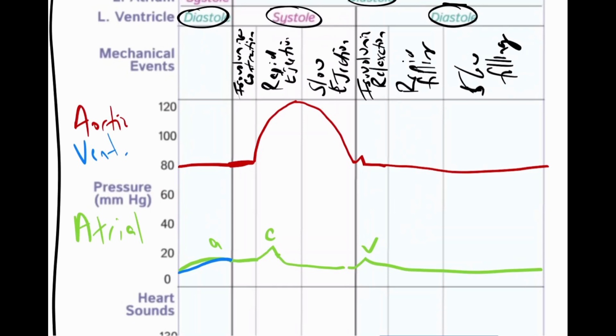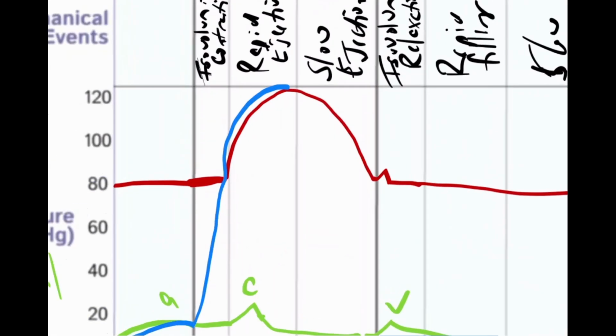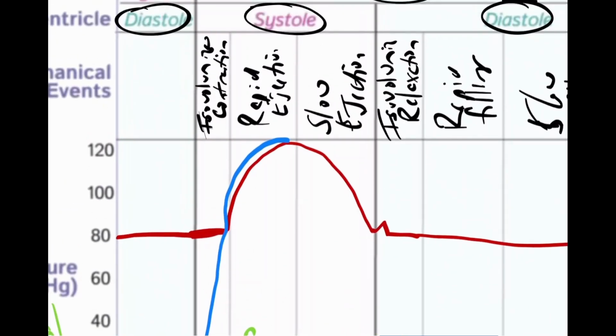Now, what happens to ventricular pressure? We're increasing. This is isovolumic contraction. So the heart is generating pressure until it crosses that line. Does everyone see the crossing occurs when we switch from isovolumic contraction and now we go to rapid ejection, where the blood's leaving the ventricle through the aorta because the ventricle has now generated more pressure than the aortic valve. Aortic valve can now open and blood can leave. So the pressure overexerts it.